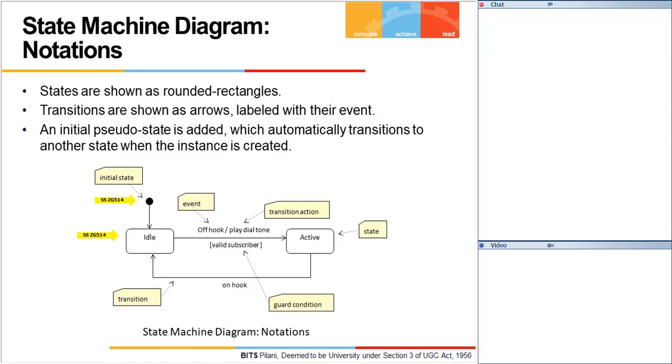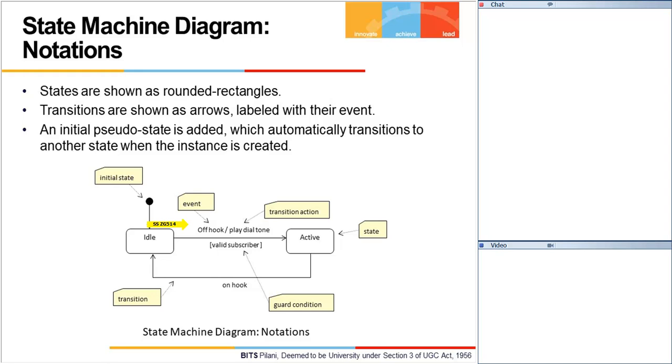There is an initial pseudo state which is represented with a solid circle, which indicates an initial state. So as soon as the system starts, we say it's in an initial pseudo state. Coming to the next, there is a transition which is shown with the help of arrows